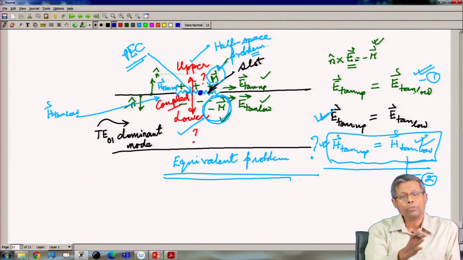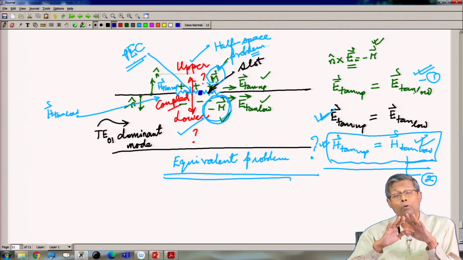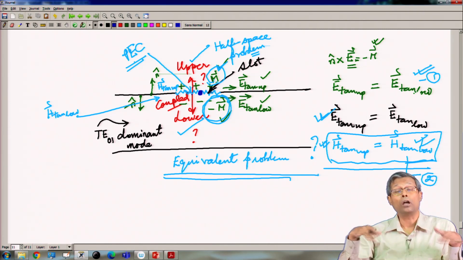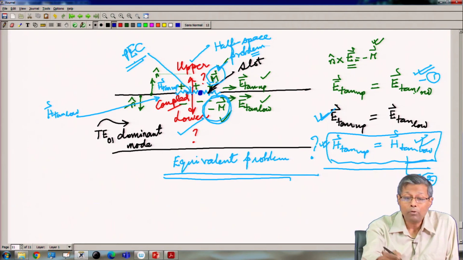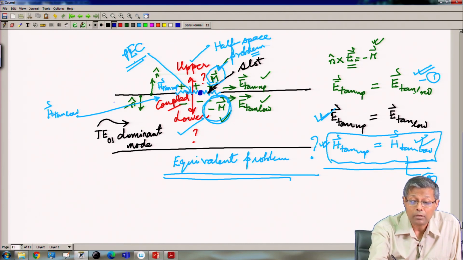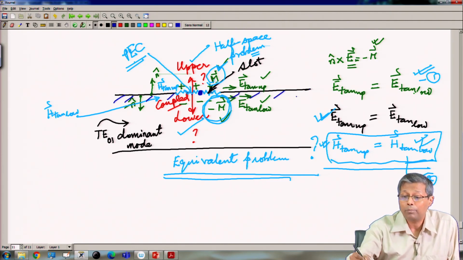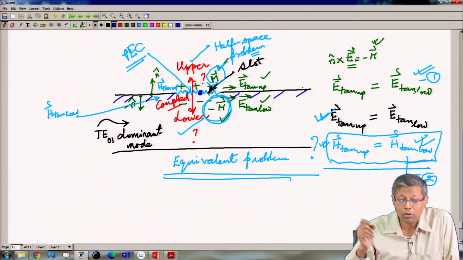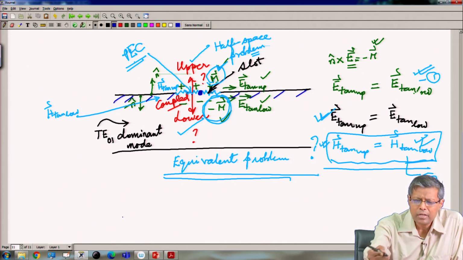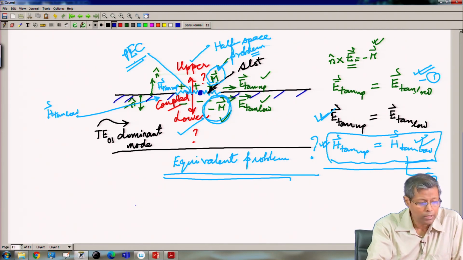In the Green's function of the lower part of the problem, the boundary conditions of the rectangular waveguide are of supreme importance; they have to be obeyed. Similarly, for the Green's function for the upper part of the problem, the boundary conditions of this conducting plate are of supreme importance. This is the conducting plate, so this is the conductor. So, let us write down the fields radiated in the upper part, that will be